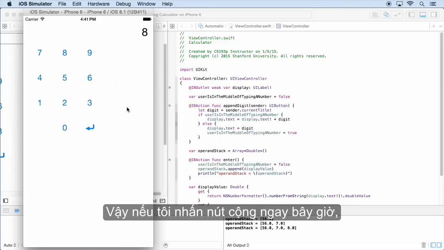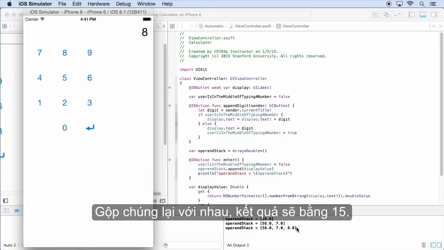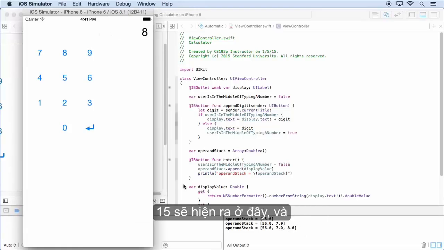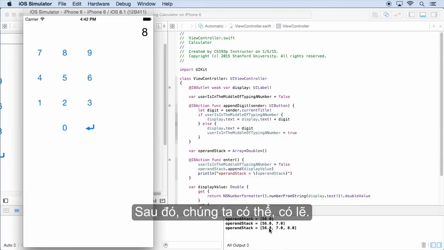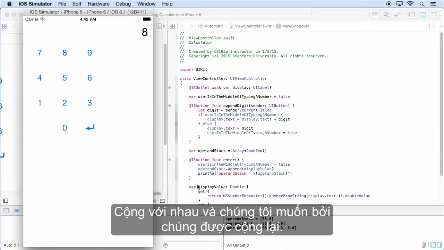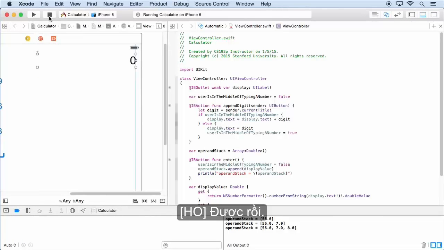So if I pressed plus right now, it would pull the 7 and the 8 off the stack, add them together, it would be 15, show that 15 here, and it actually would put the 15 back on the stack, so then we'd have 56 and 15 on our stack, and then we could maybe plus those together if we wanted by hitting plus again. All right. Okay,